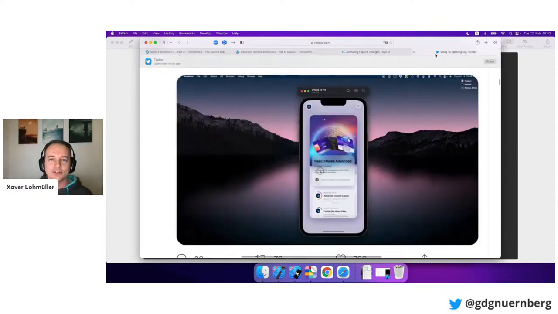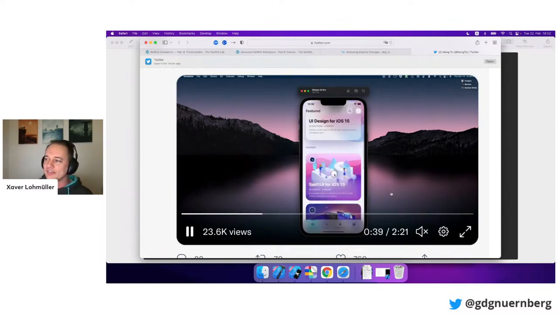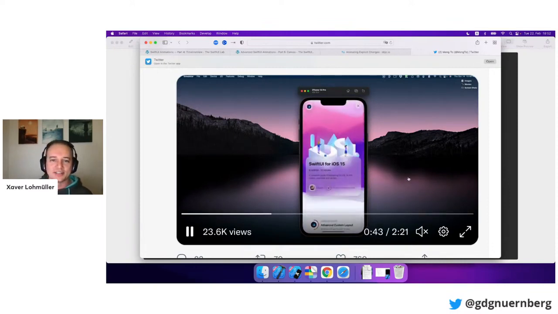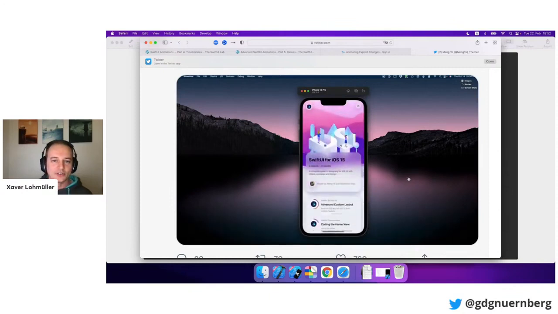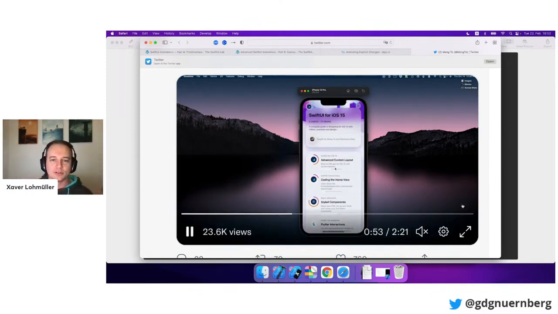And in general, I want to shout out Meng To. He's one of the real masters of SwiftUI and design. He's a developer and a designer at the same time, and I don't know how he does it. But he really pushes SwiftUI to the edge. And in his courses, you can read about really advanced animations, and when lots of views interact, how you can animate those in a nice way.